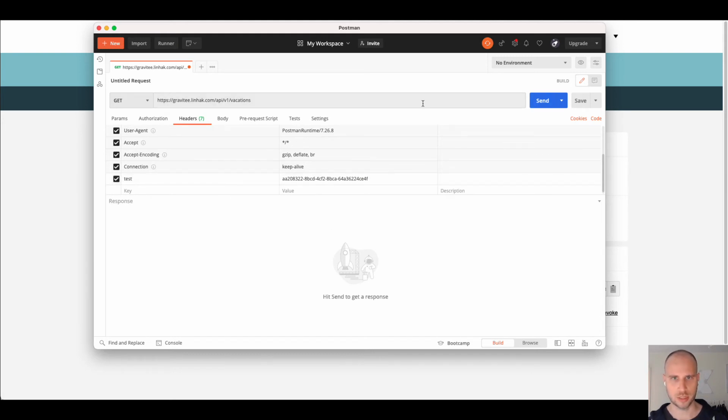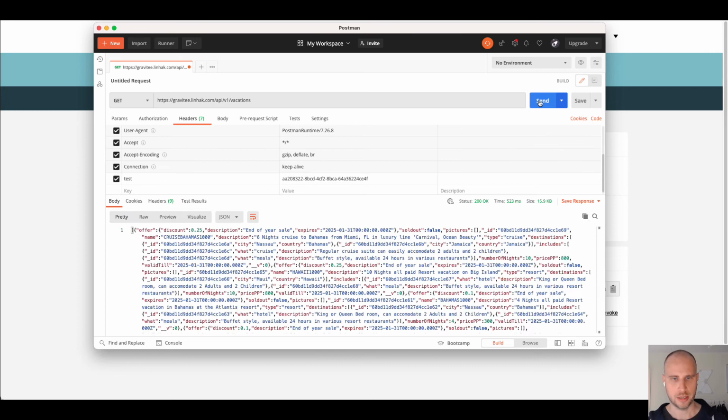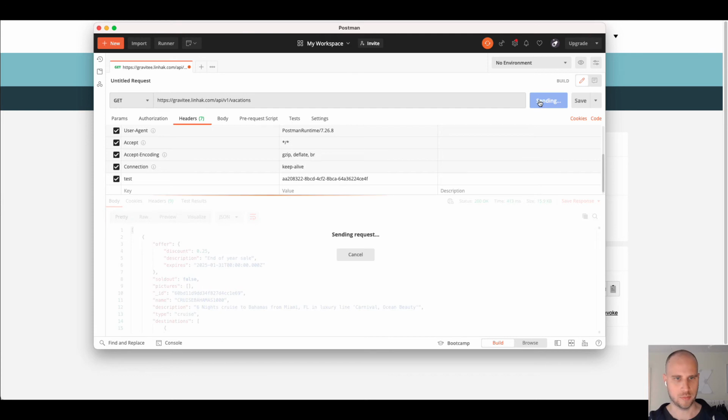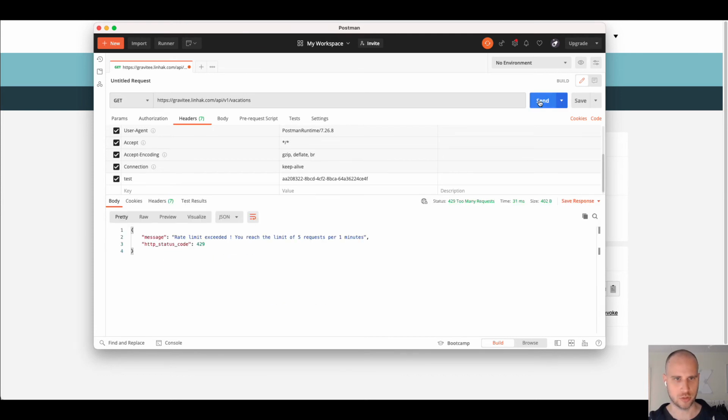And let's try to call this. Actually, let's add an ID as well. No, let's wait with that. Let's just keep it like this. Now, we should here return the JSON, the response from the actual backend service for the cruise information. So if I make a few calls here, what I expect now is that we should have, here we go,